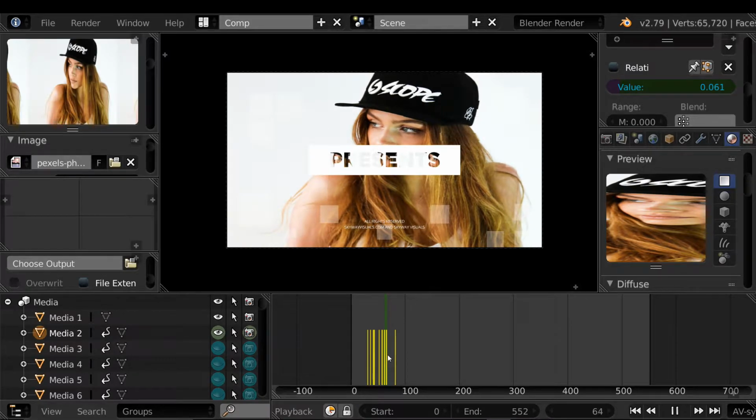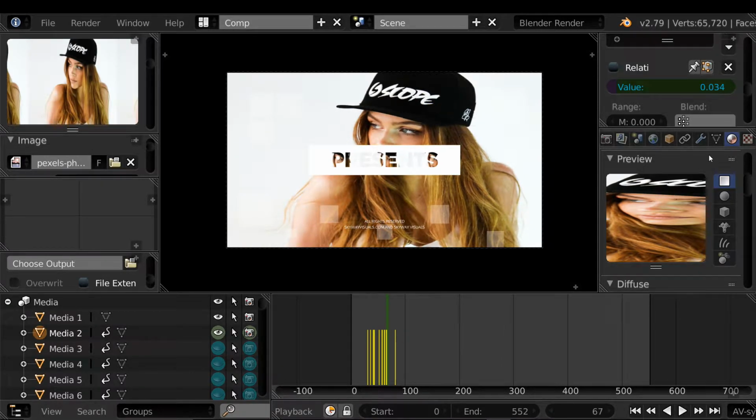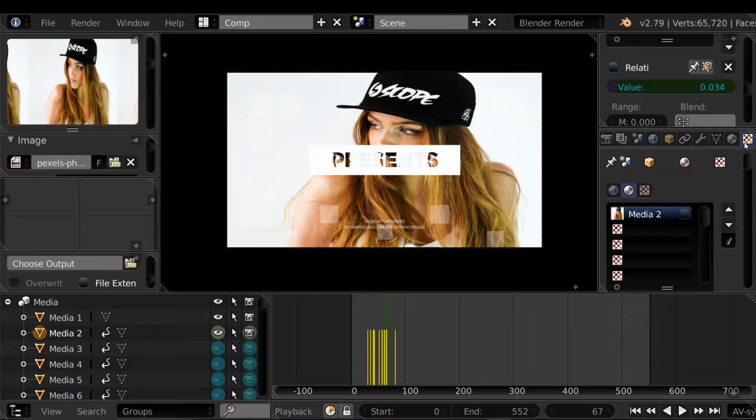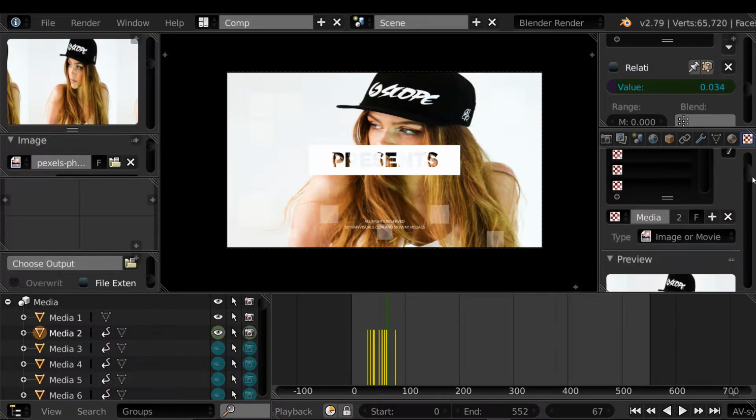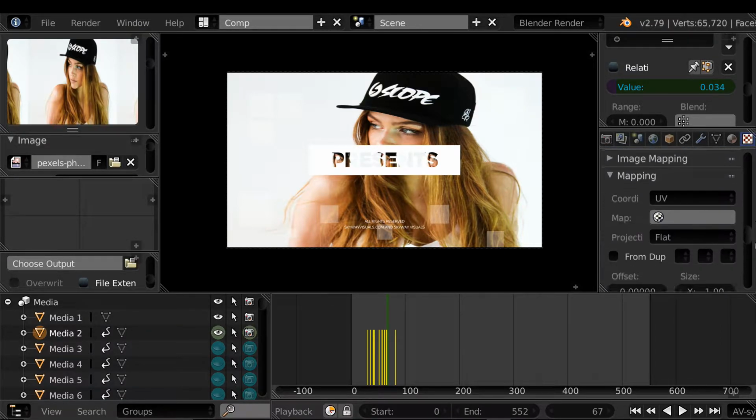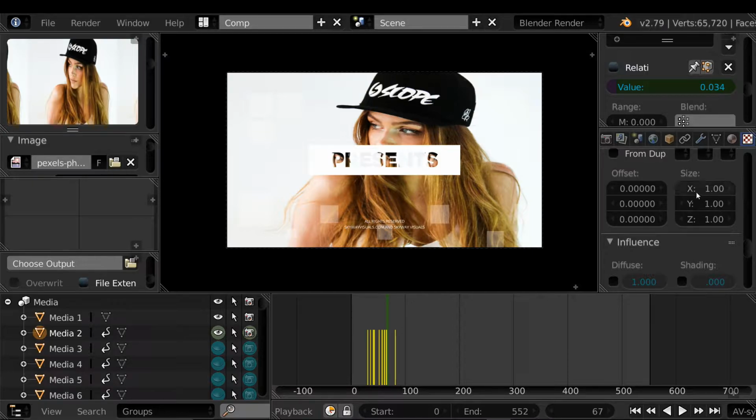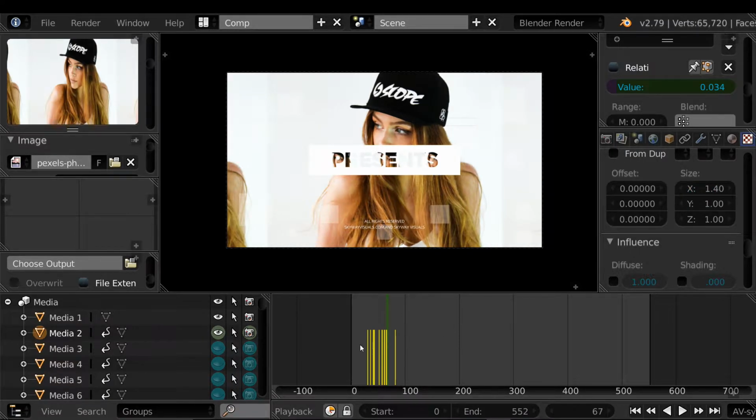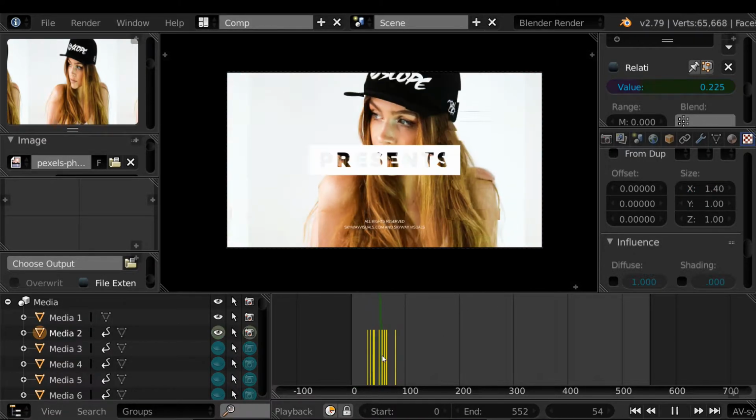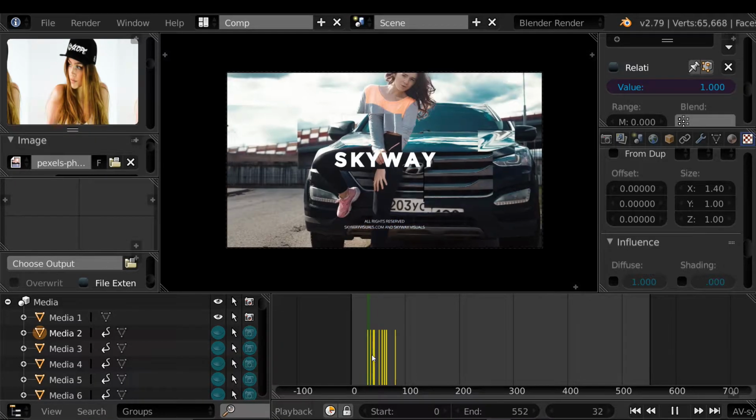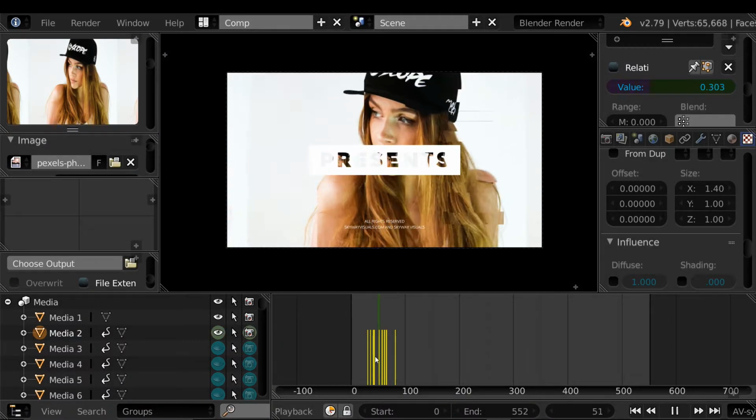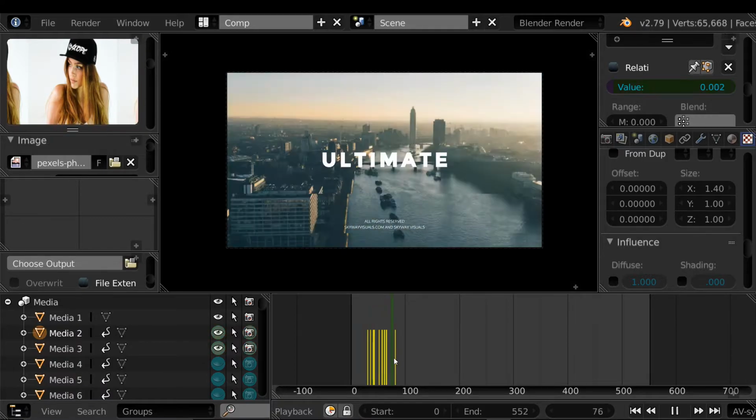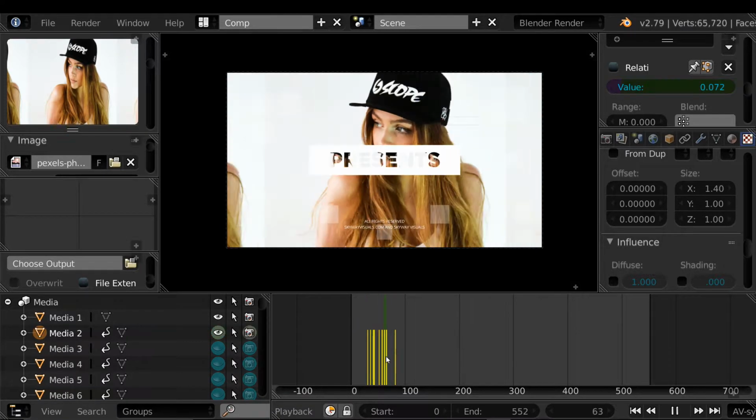And if the scaling of your image seems a little bit off, you can go into the texture settings here, scroll through, and you can adjust the X and Y scaling. Alright, so clicking through the timeline here, you can see we've got our two replaced images as well as